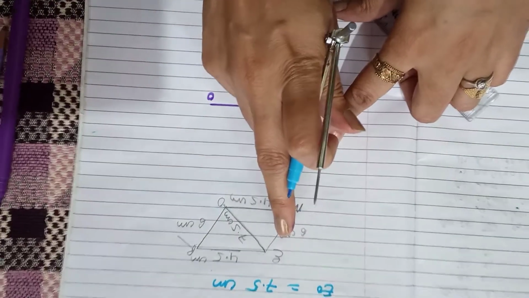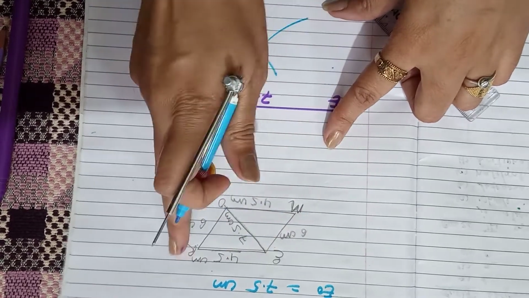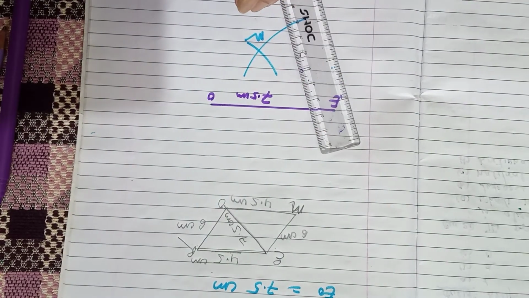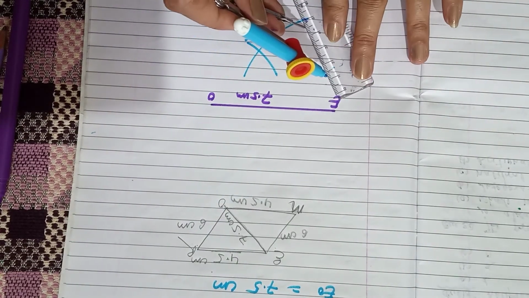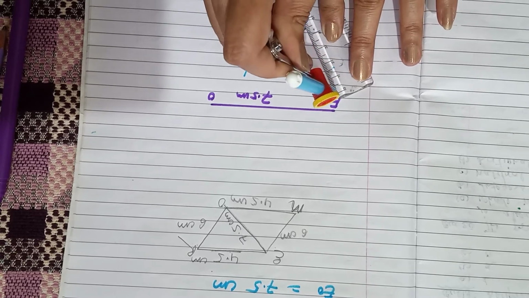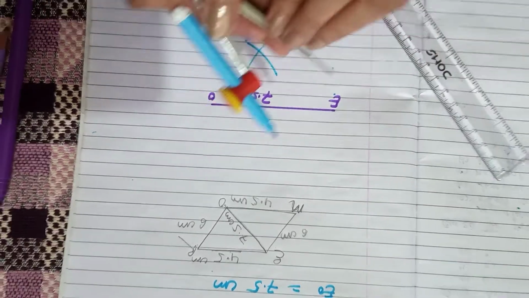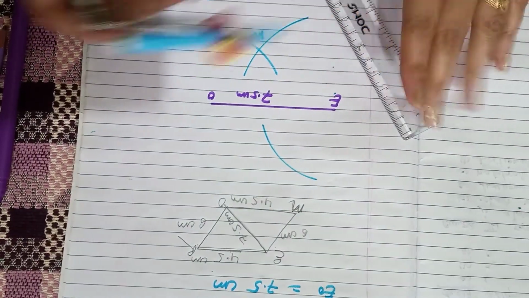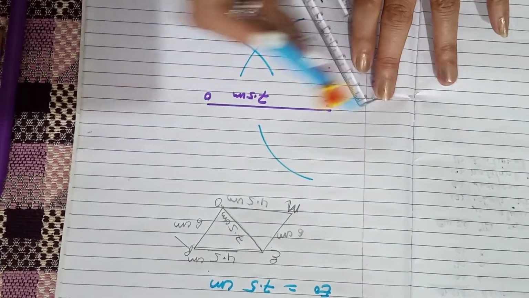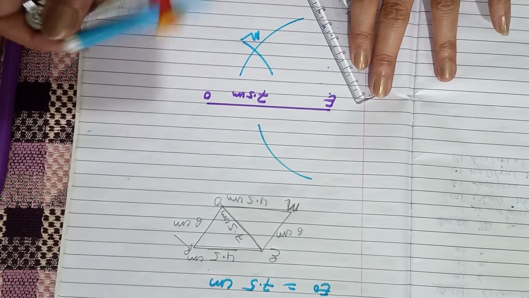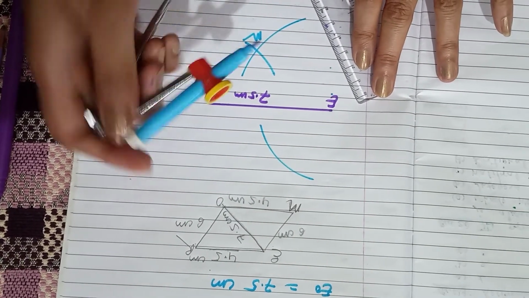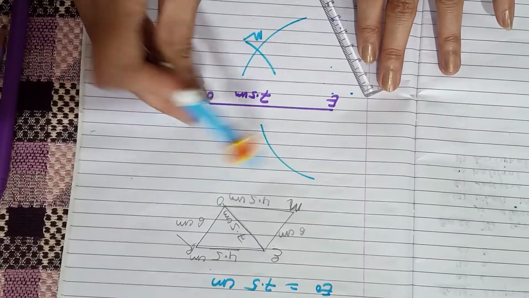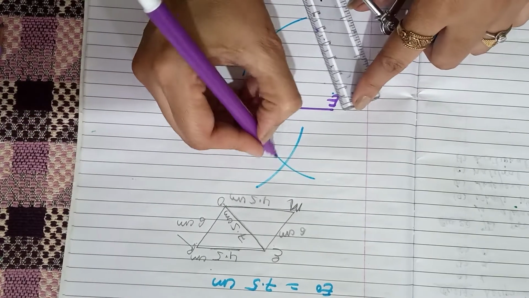Similarly we can construct the triangle ERO, that means ER and OR. So open the compasses, the same 4.5 centimeter, because we are using the property of the parallelogram, which is a special case of quadrilateral. Here the opposite sides of a parallelogram are equal. And the same for OR, 6 centimeter. Now we get the point R.